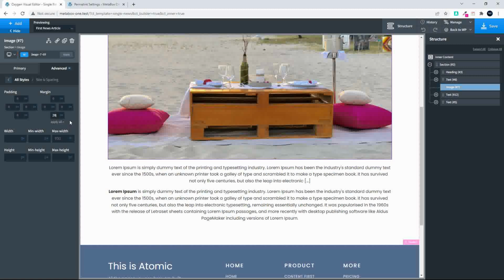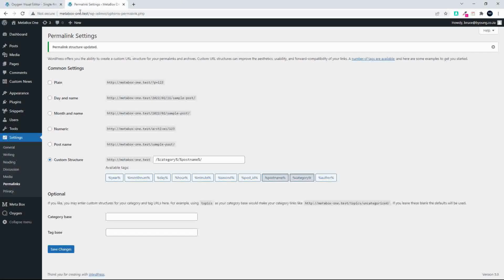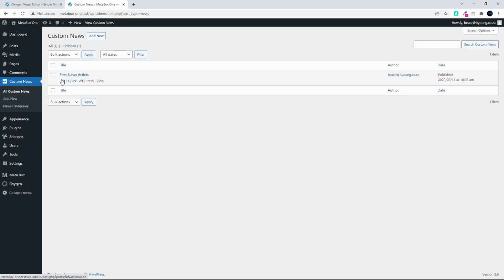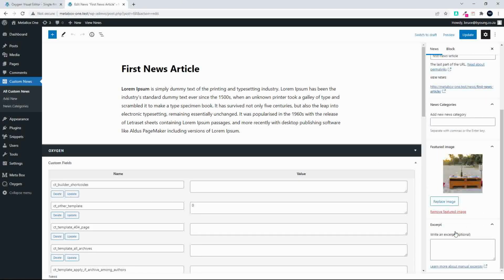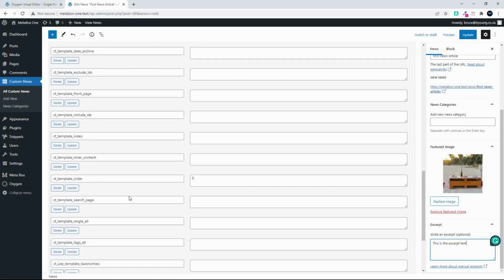Now you'll see that the excerpt at the moment is actually taking some information from the content, and that would be a default behavior that you would see if a specific excerpt wasn't set. So I'm going to head over to my post, so custom news, I'm going to edit, and I'm going to add some excerpt text, and that is text over here on the right hand side, and this is the text. Okay, and now you'll start to see some custom fields pulling through as we get the template going